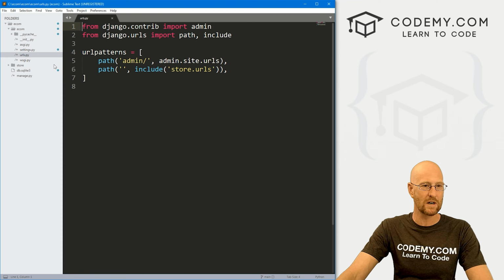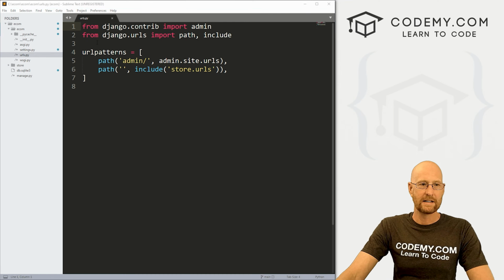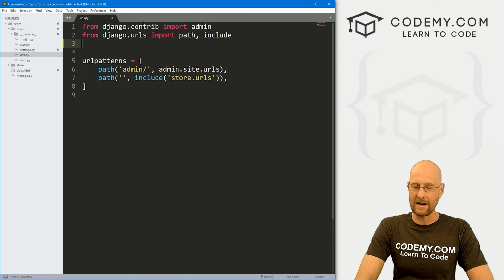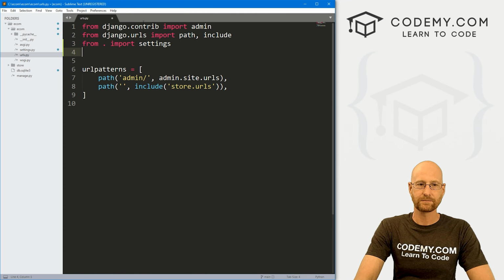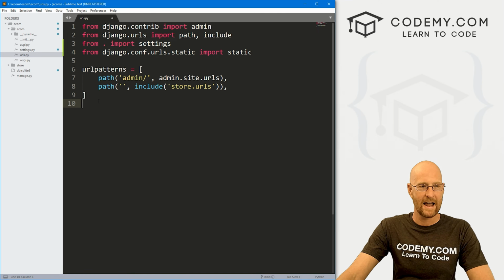One more change in our original urls.py file. We need to import that thing that we just created. So let's go from . import settings. We also need to from django.conf.urls.static import static. We're creating static URLs. And to use that, we come down here underneath our URL patterns, and we just add a little plus,